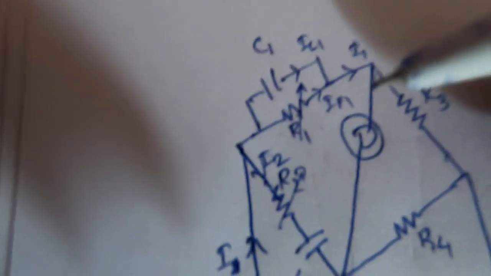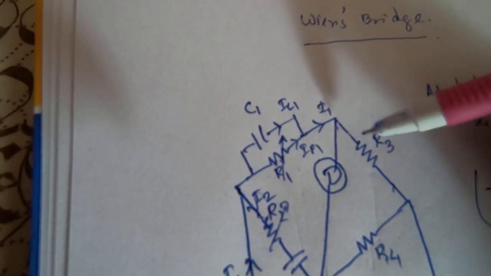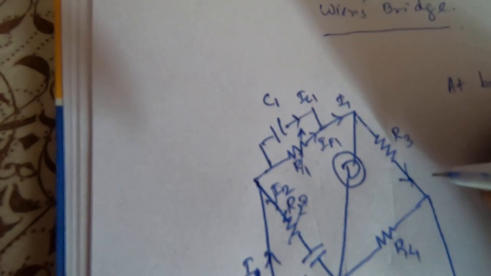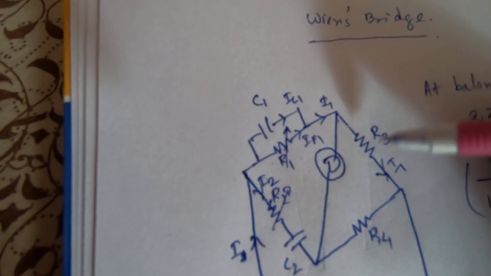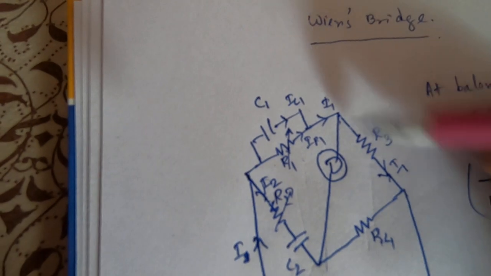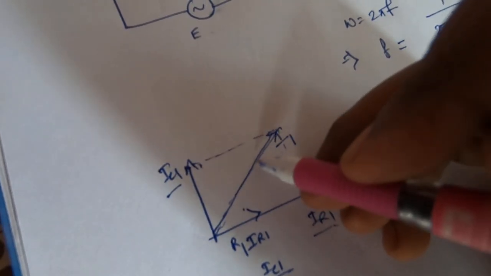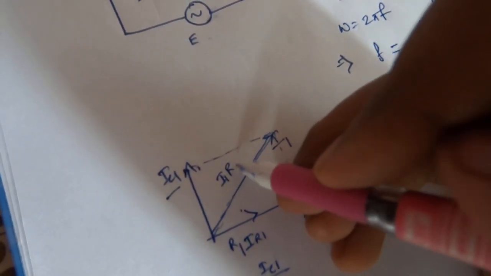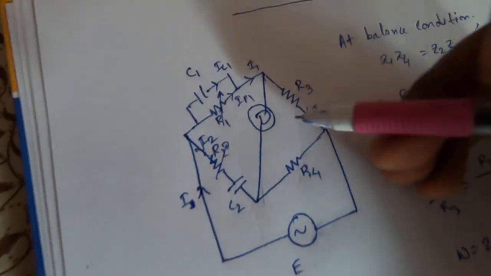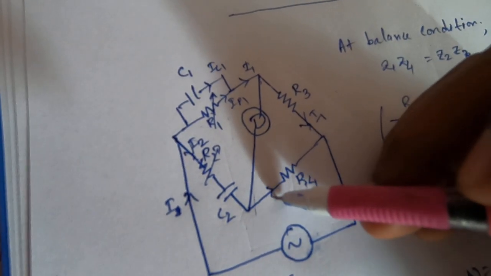So now down here, take this thing. This is I1 current and this current will be the same. So the voltage drop across this R3, you can write down as I1 also. The voltage drop across this resistance R3 will be in the same phase as this I1. So you can take this, that is I1 R3, in the same axis. So now eventually what we get is I1 R3, and so this is I2.